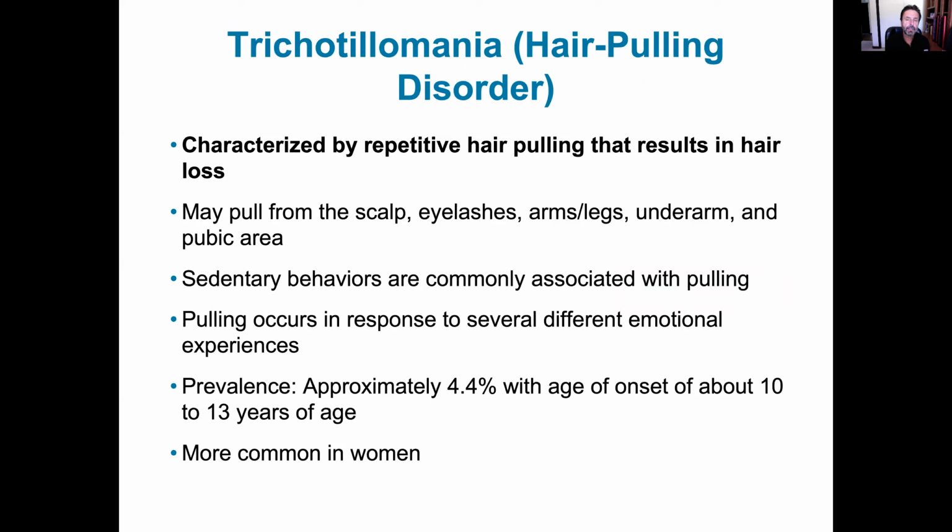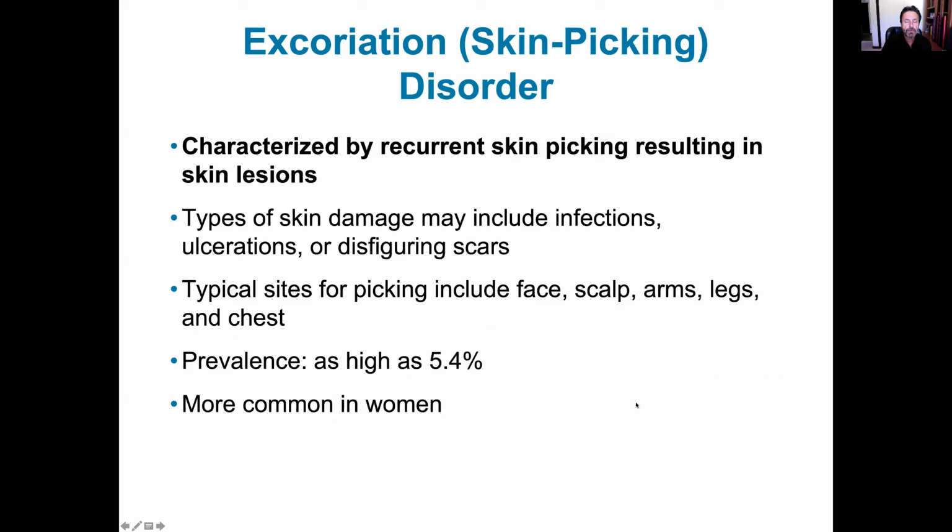Trichotillomania is basically pulling our hair out, or not necessarily out, but continually pulling it. Oftentimes the whole follicle will be removed. This happens in any place on our body that has hair, and can be very anxiety producing for those people who have it. Oftentimes kids the ages of 10 to 13 will have this kind of anxiety or OCD kind of disorder.